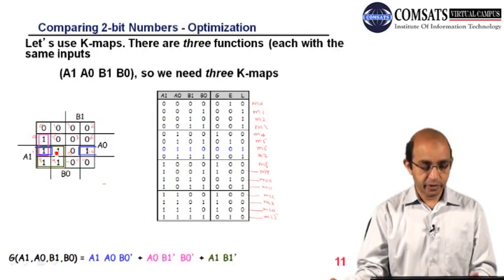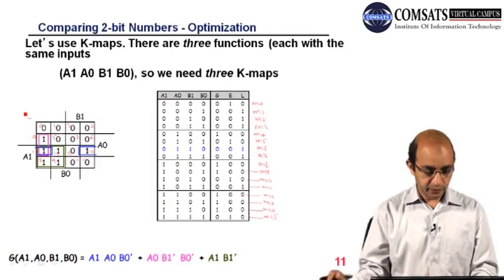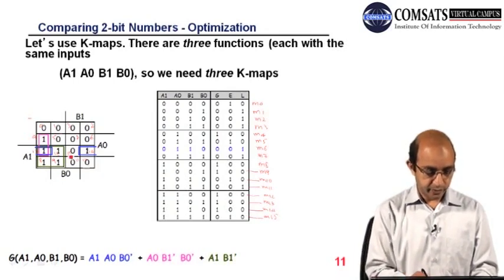So if you twist and bend, here we have this one and this one. As a result of this pair, we will be getting A1 A0 B0 bar. And then we have this pair, which will generate this term, A0 B1 bar B0 bar. So actually what we have, if you look here, we are having